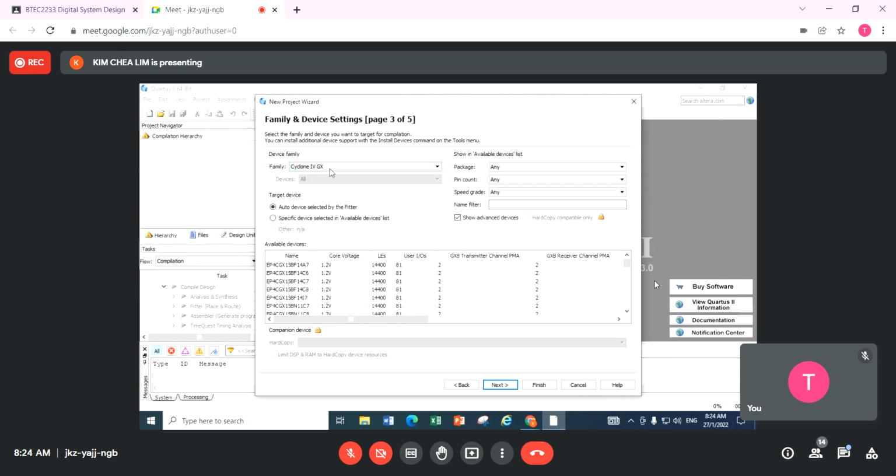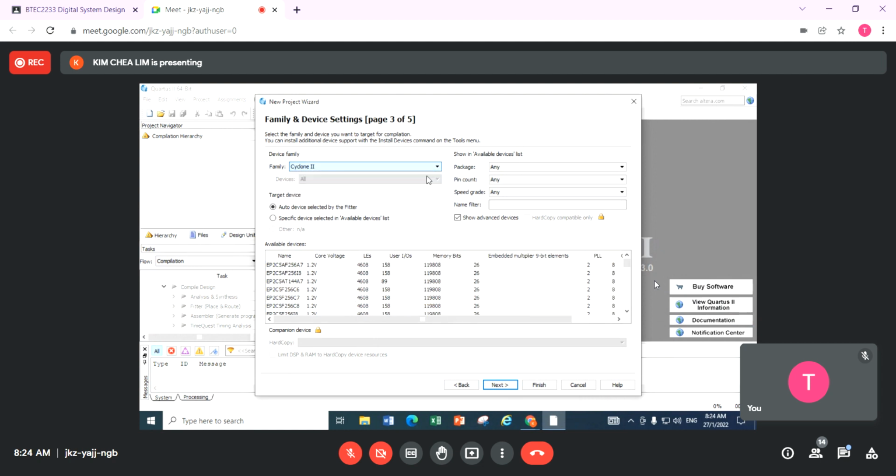The hardware that we are having here is a Cyclone 2. And Cyclone 2 has a lot of different devices. So the device that we have in the lab is an EP2C35,